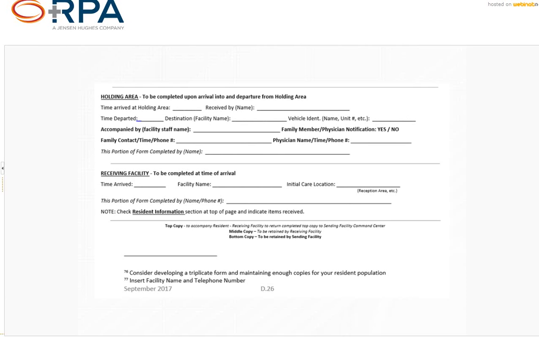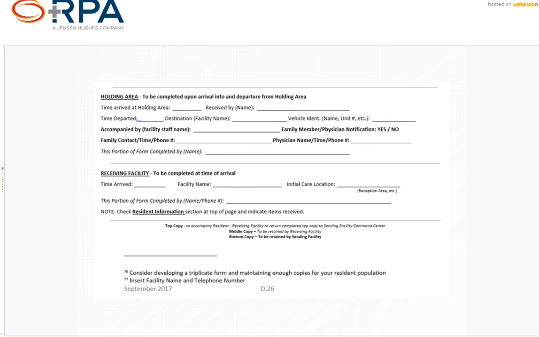So if all of a sudden we end up having somebody disappear, they don't show up at their receiving site, we have a way to call back and say, ambulance 3479 transported this patient. They were supposed to go to ABC facility. They didn't make it there. Where'd you transport them? So you have a way to backtrack